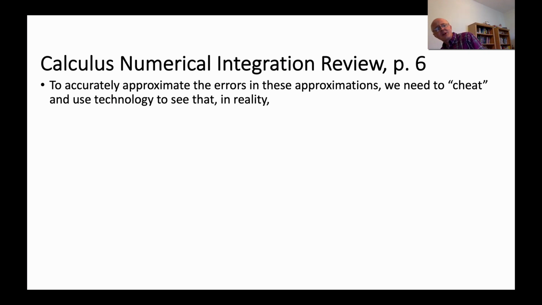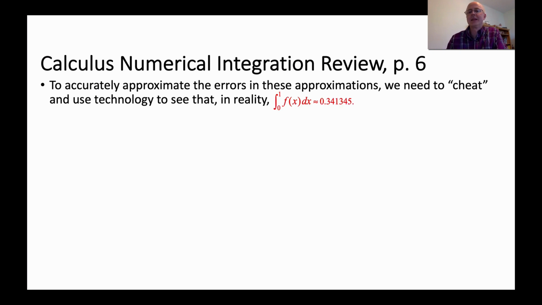We're trying to work our way now towards Simpson's rule. And I want to approach Simpson's rule empirically. Again, that's what Hughes Hallett does, the calculus book. To accurately see how to derive Simpson's rule, what we want to do is accurately approximate the errors in these approximations. Though to do so, we need to cheat and use technology to see that in reality,